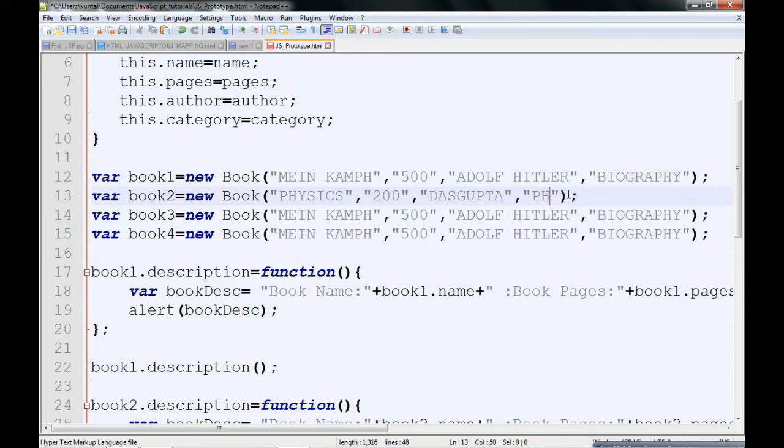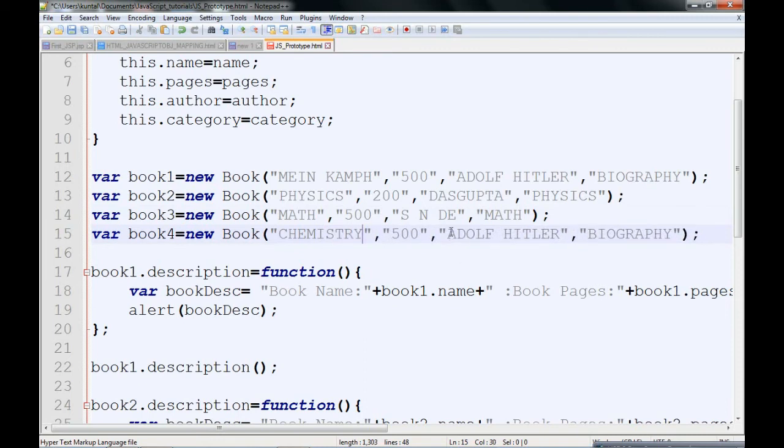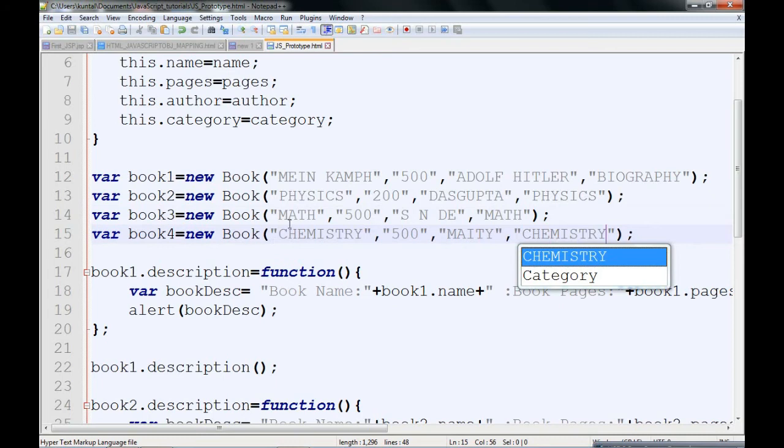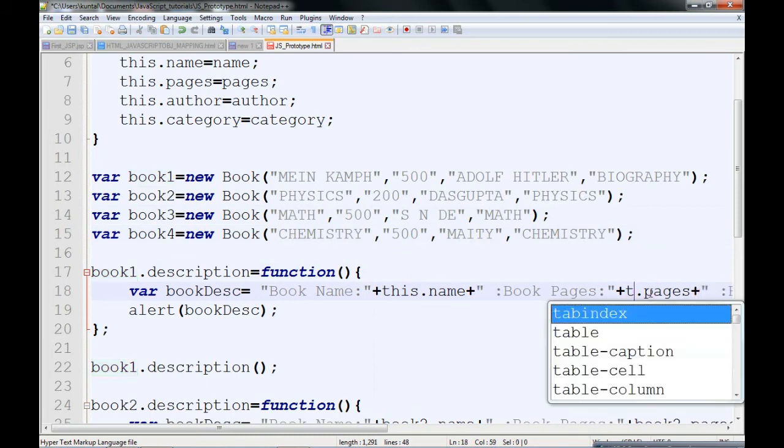So for all the books, book 2, book 3 and book 4, I'll be using different arguments so that these books are different and I can print different strings in the alert, so that I can identify them during runtime, what object I am printing. So I'll be changing the attributes. See, I have changed the attributes for 4 books,